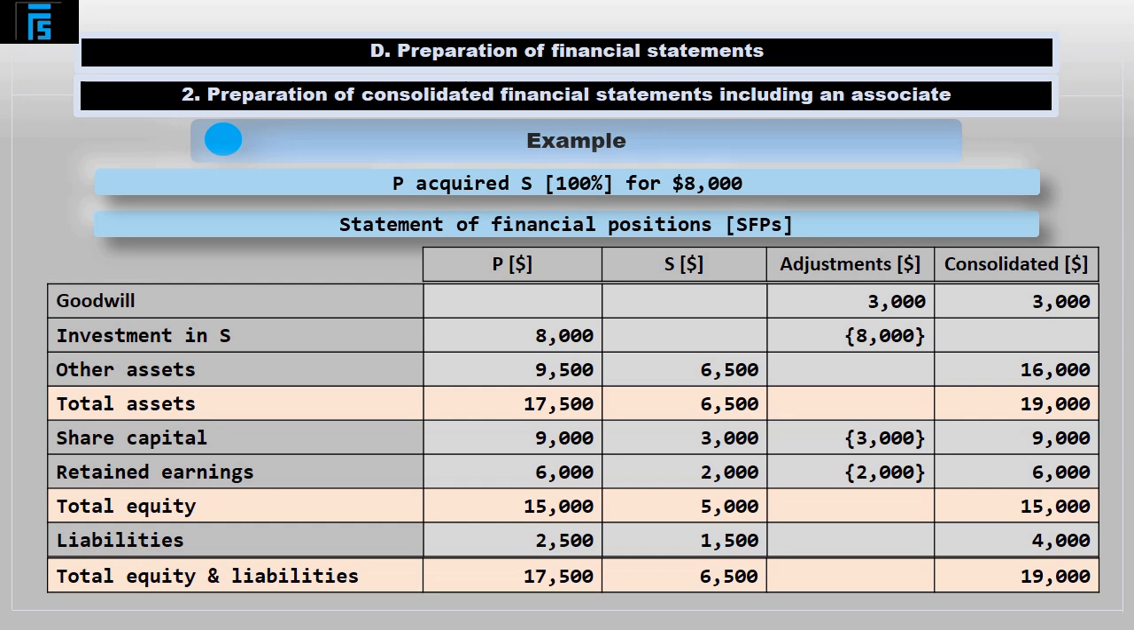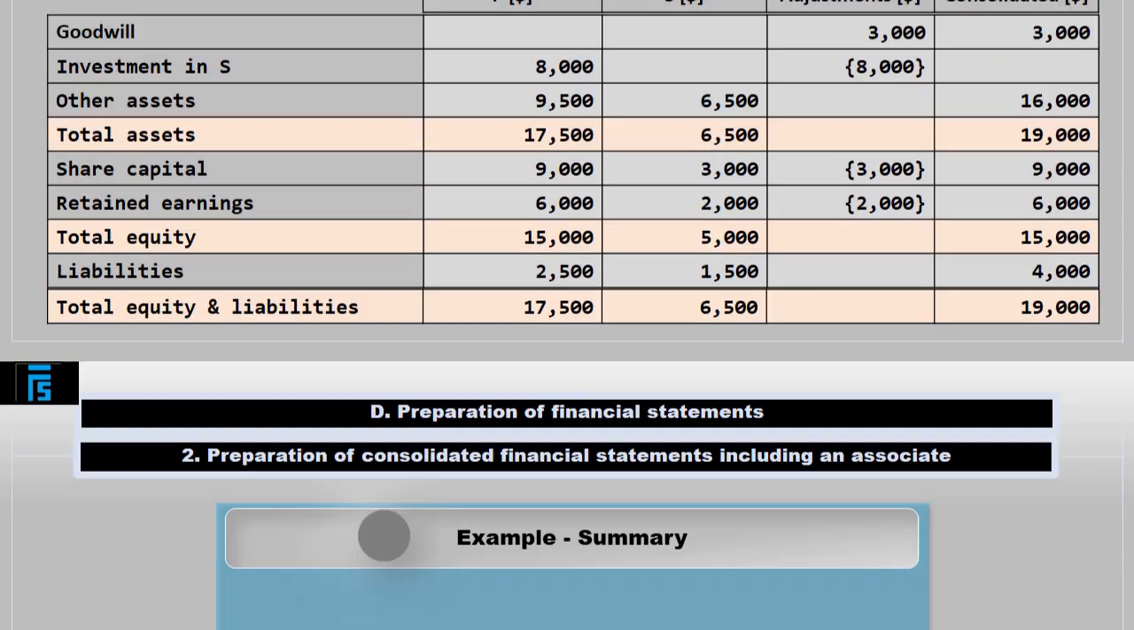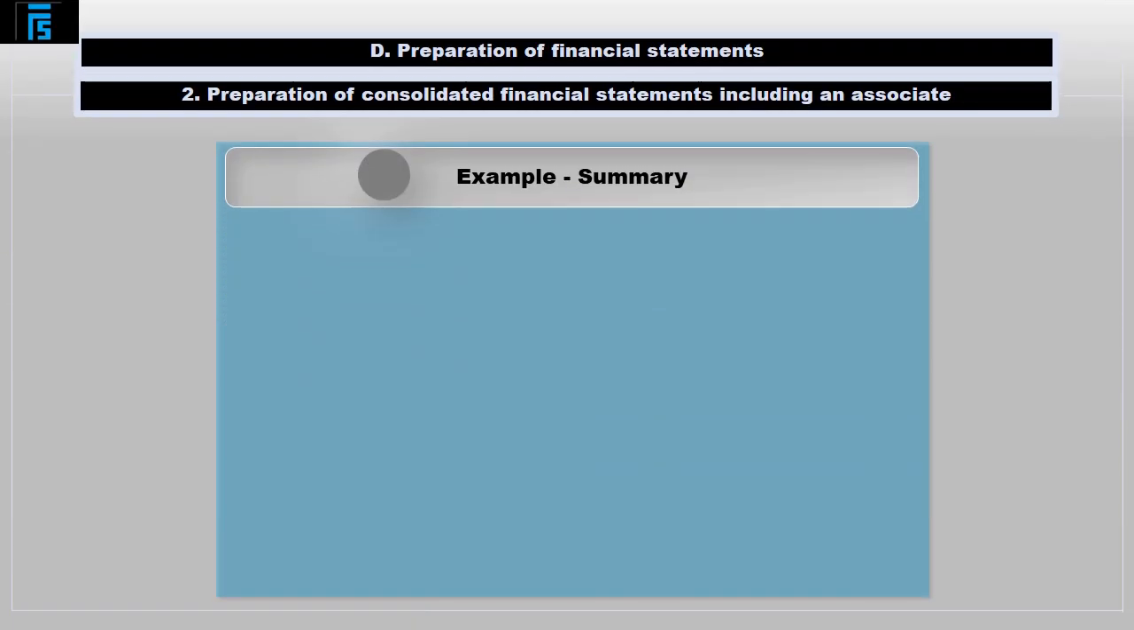€19,000. When it comes to the equity section, we are simply left with the share capital and retained earnings of the parent entity, so that's €9,000 and €6,000 respectively, with a total of €15,000. Consolidated liabilities are the sum of 2,500 and 1,500, giving 4,000. When we total the consolidated equity and liability balances, we get a result of 19,000, which naturally equals the previously computed assets total. Let's take a moment to reflect on the effect of the operations which we have just performed